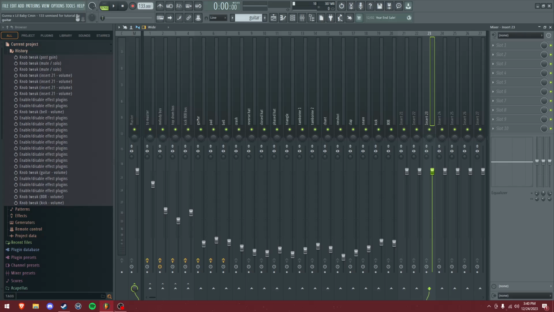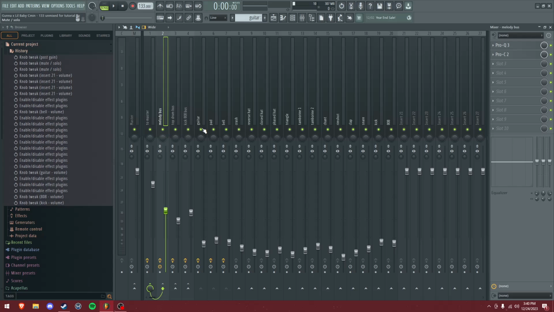I don't care what you call your buses, or what you call these. You could call these like the sample name. I rename it because I don't want to give you all the sample rig. But then you run them through the melody bus, and then what you do on this melody bus is you're going to,